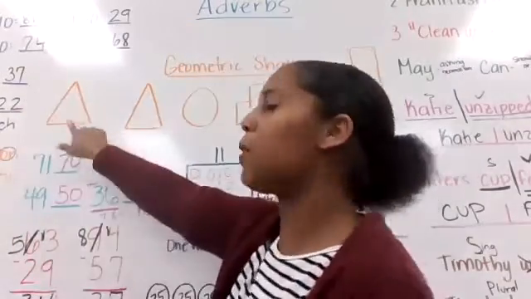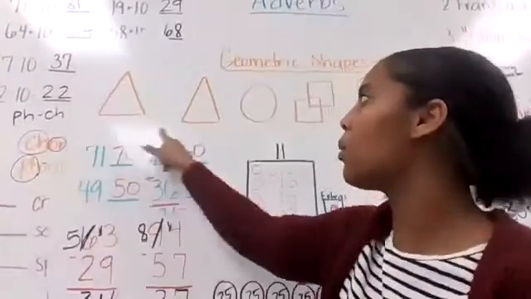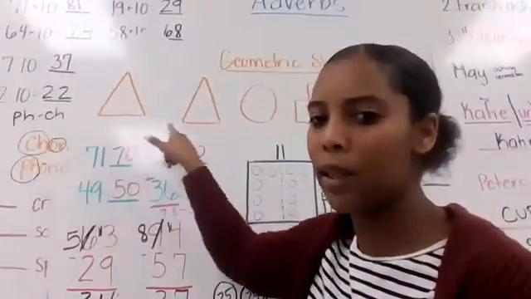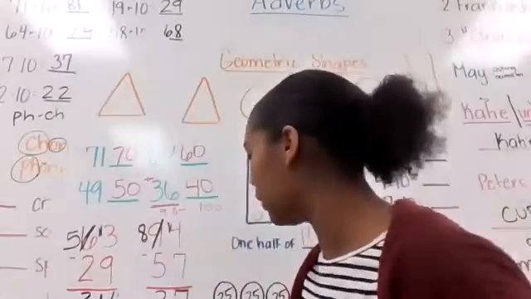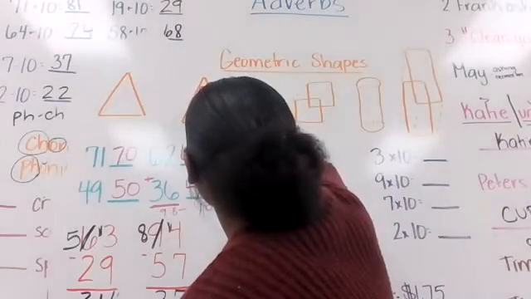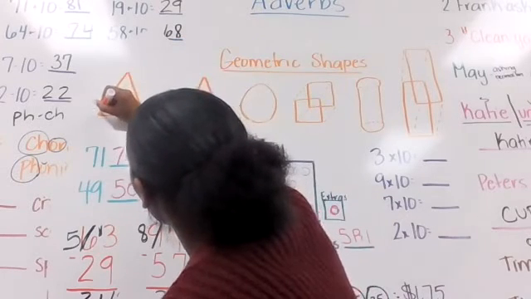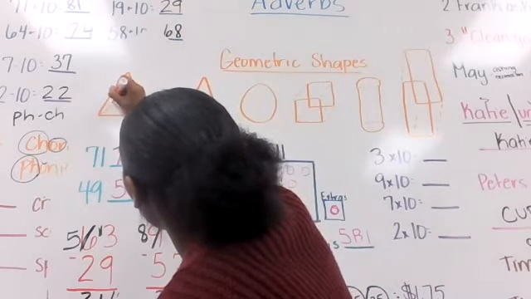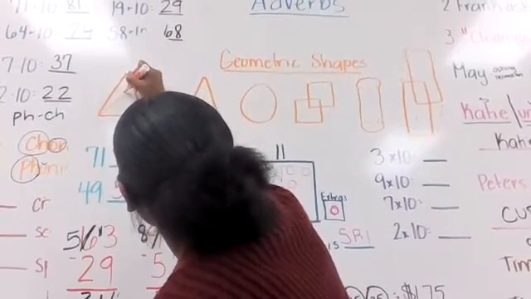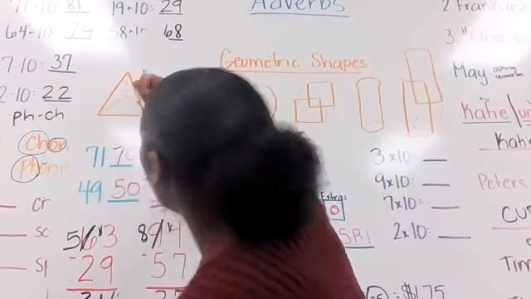So let's look at the first one here. Anybody know what this one is called? Now these two are similar, but look at this one compared to that one. It's a little different. It's a little darker. It does look like a triangle somewhat, but it's not a triangle. It's a cone.